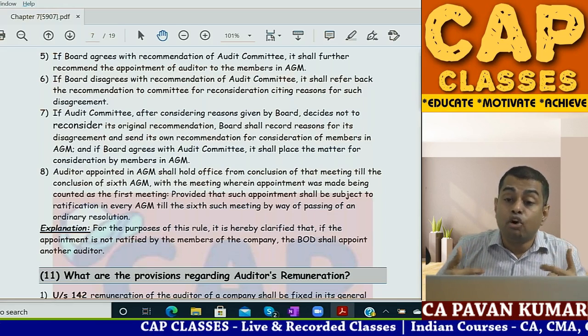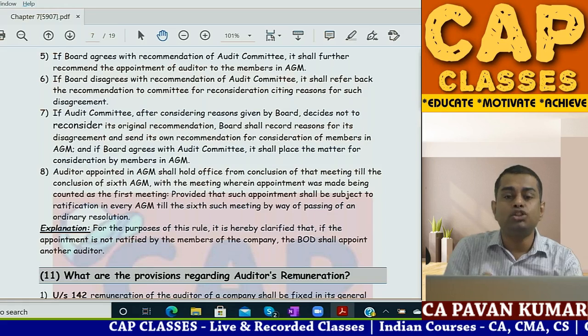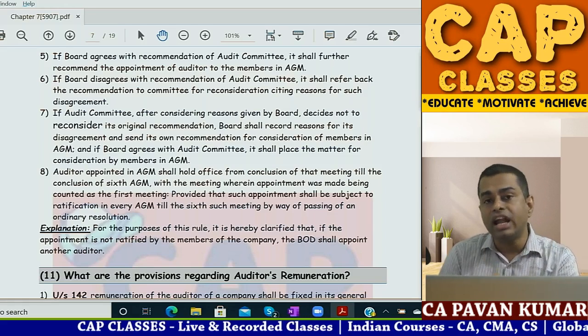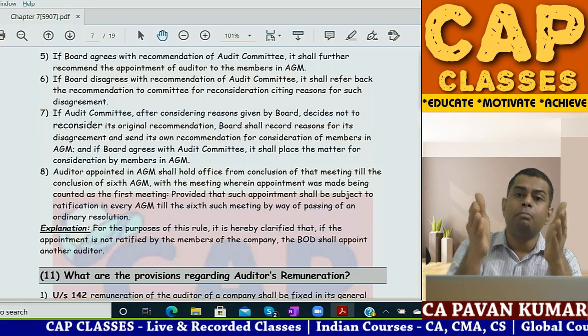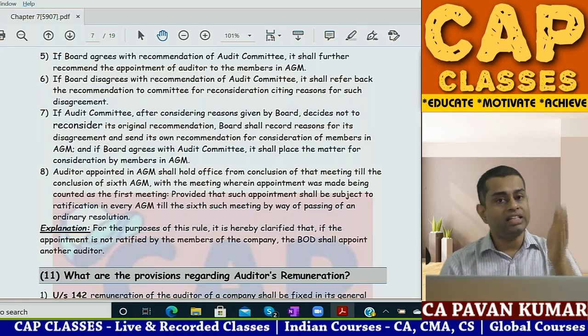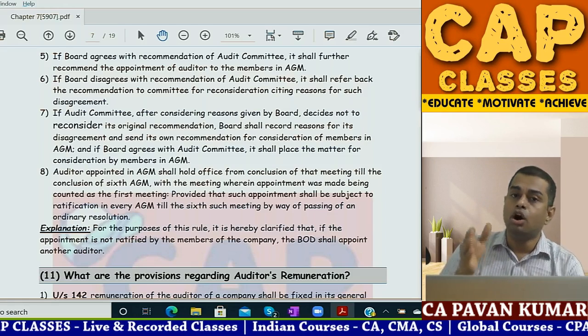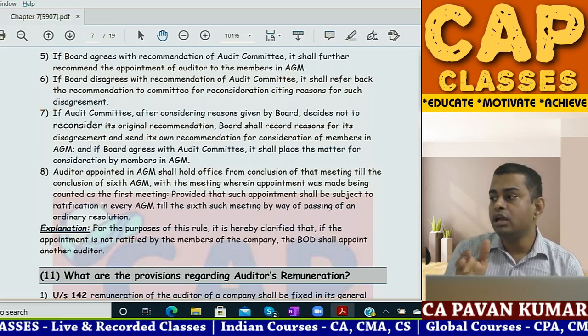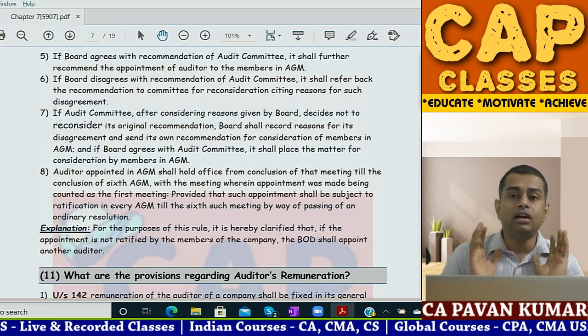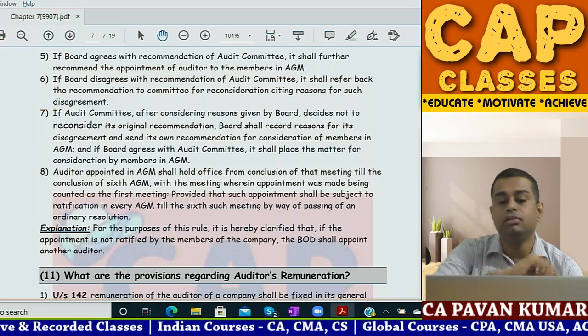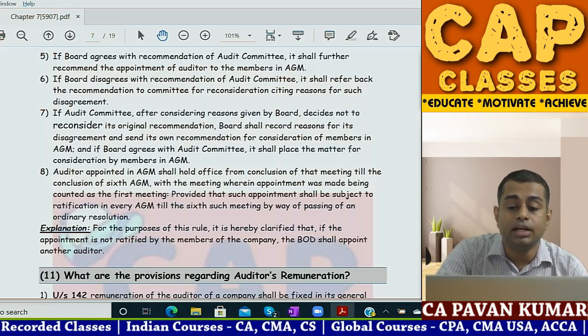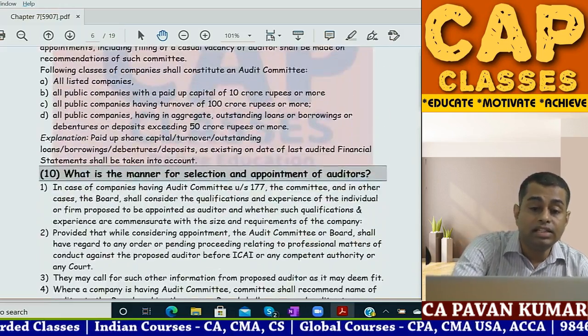company. The board of directors disagreed on so and so grounds and the board of directors wants A and company. Now in the AGM, members, you decide: you want Extend company as recommended by the audit committee or you want A and company as recommended by the BOD. Up to you. Based on that resolution, the auditor will be appointed. That's all. You understand? That's it.